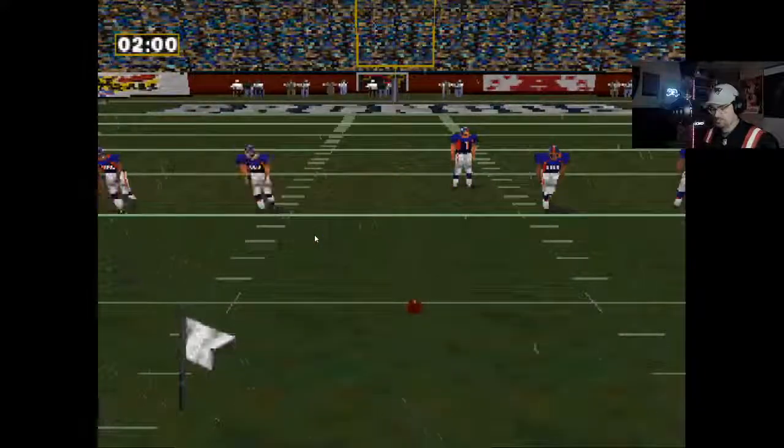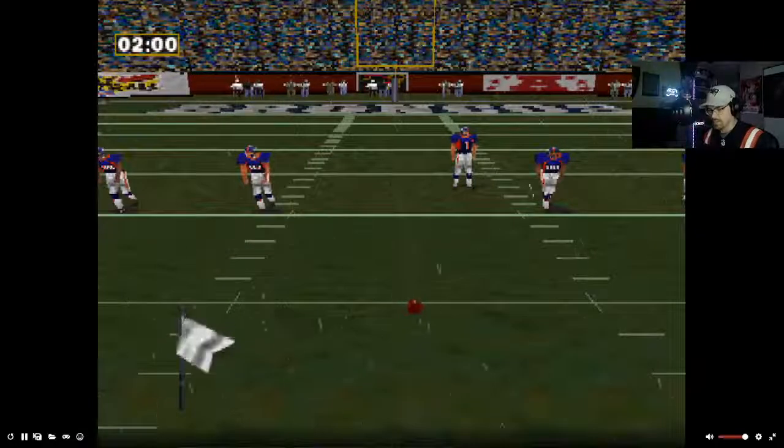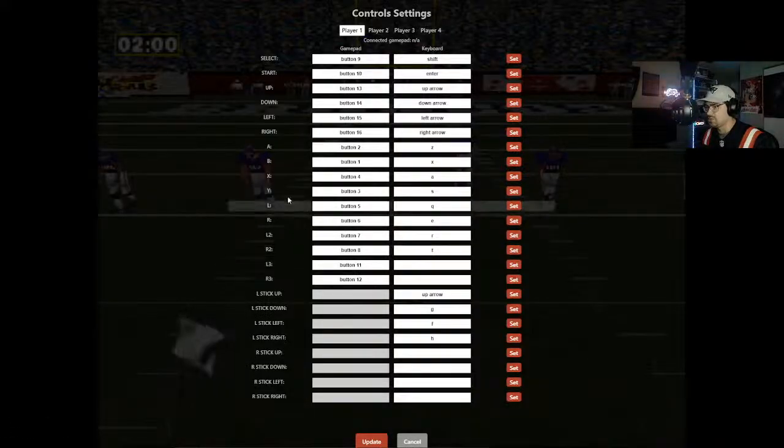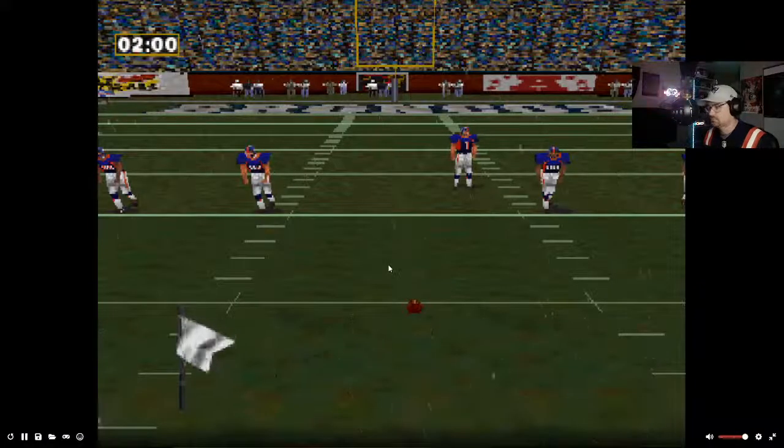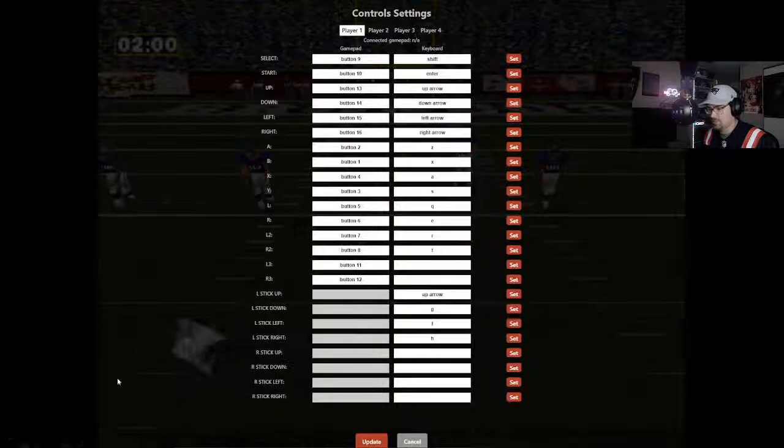So let's see here. Let me real quick check my controls. I need to see which one's X. So Z is A. I don't get why they call this AB. So let me see.